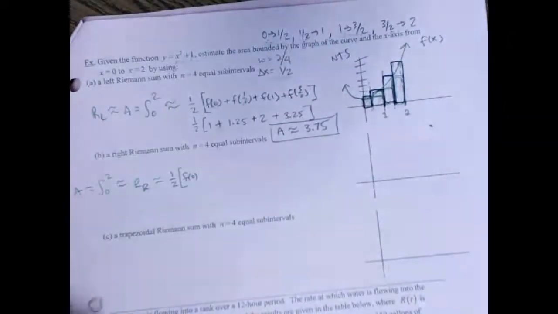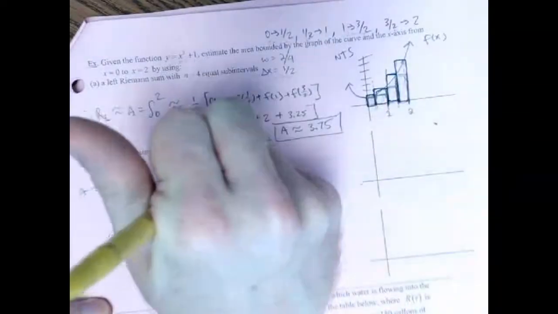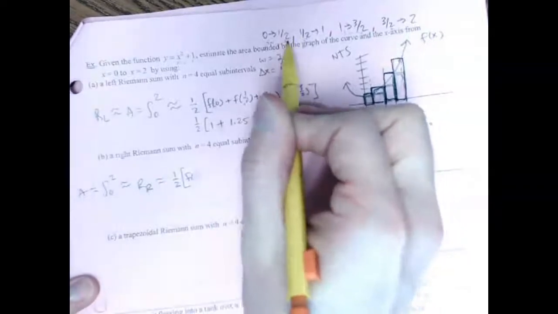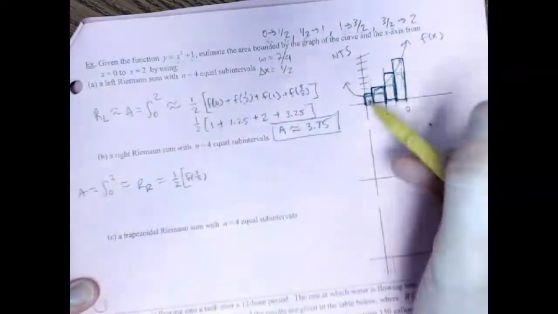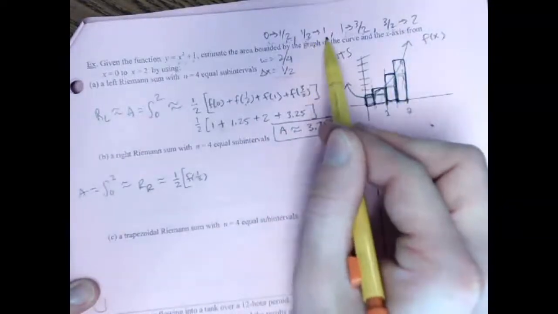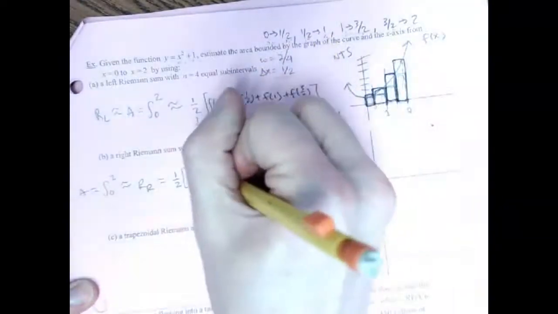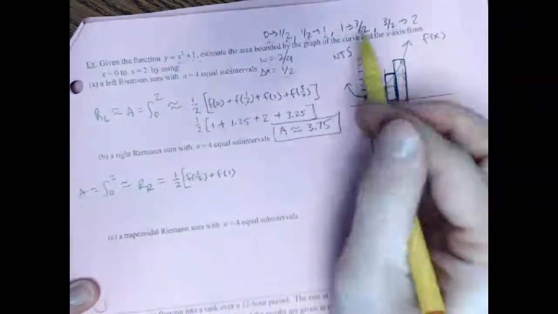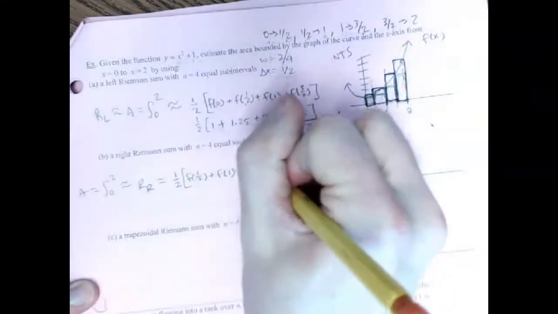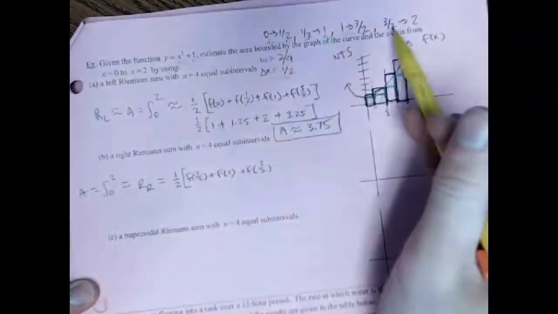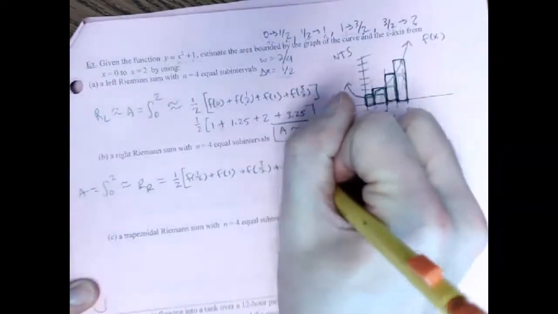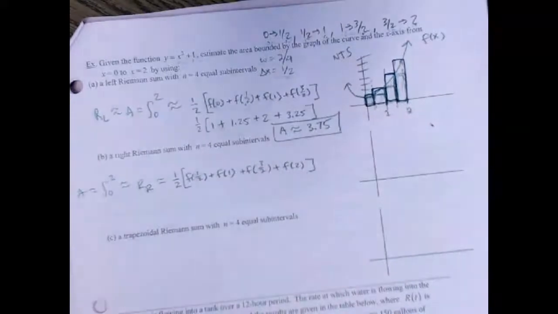0 wouldn't be the height of the first one. The first interval is 0 to 1/2. So I'd be using f of 1/2 for that first y value. Right here is the height for that first rectangle. Then your second interval is from 1/2 to 1. So I'd be using f of 1. Third is from 1 to 1.5. So I'd be using f of 1.5. And then the last region is from 1.5 to 2. So I'd be using f of 2. So whether it's left, right, or middle, that's going to tell you which x value you use to plug